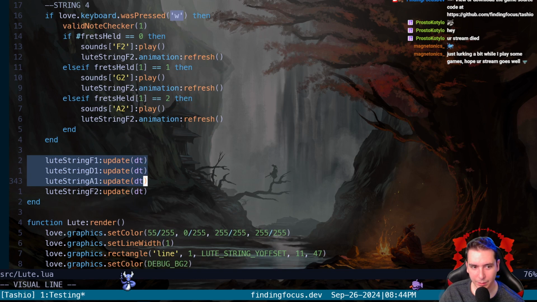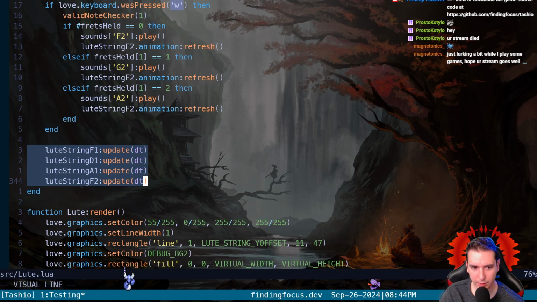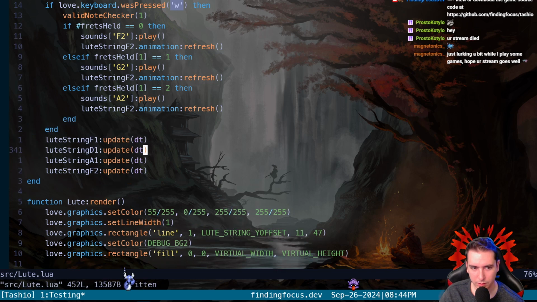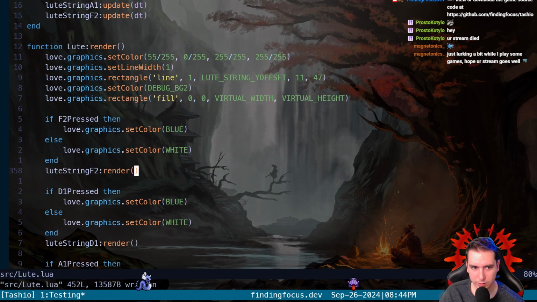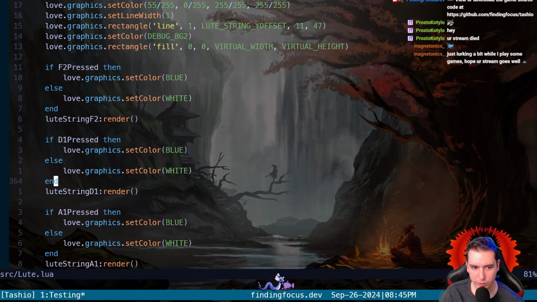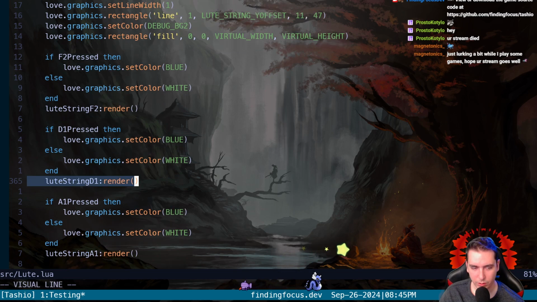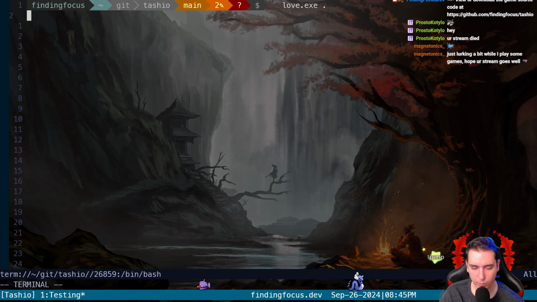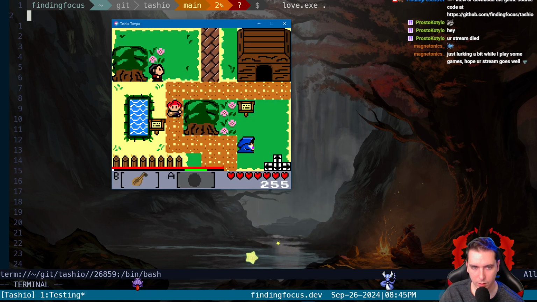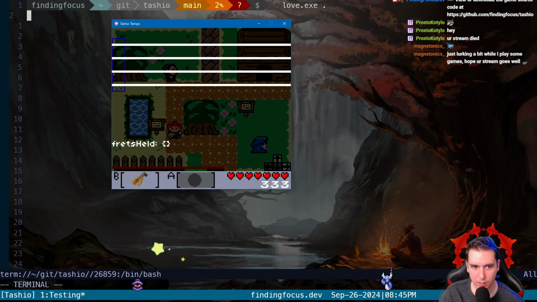I'm thinking it might have to do with this update, but I am not sure. Because we're not even rendering the strings, which is bothersome to me. We should be rendering these. Oh, no, we are rendering the strings. We're just not playing anything, huh? Okay, so we do see the strings.